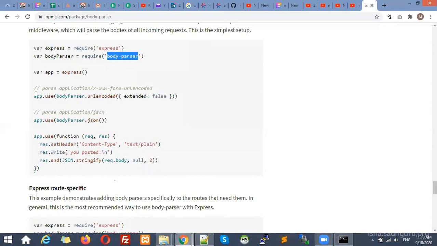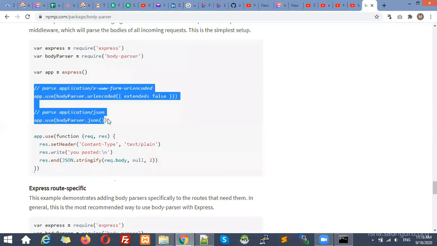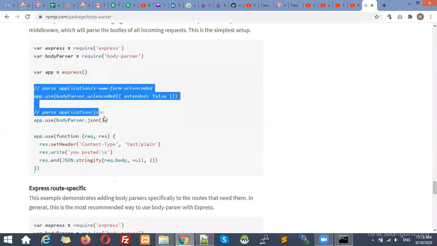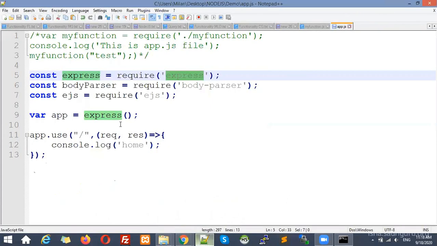How can you mention it? You can mention it through these two lines. This is the object that we have created. Then urlencoded extended, and here we need to specify true or false, and then bodyParser.json. So every data will be passed through the JSON format, right? So let me copy this one, and we are going to use the same in our application.